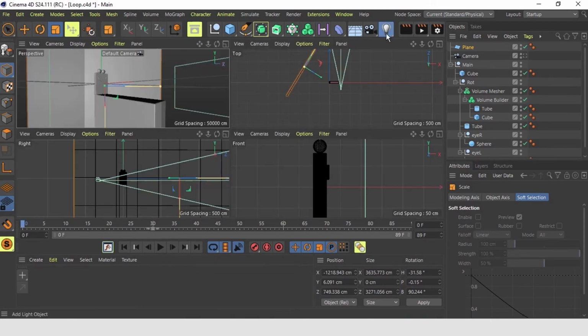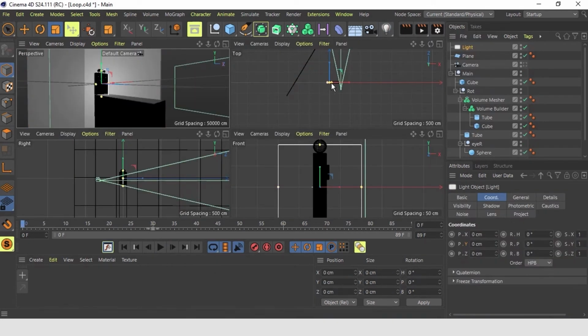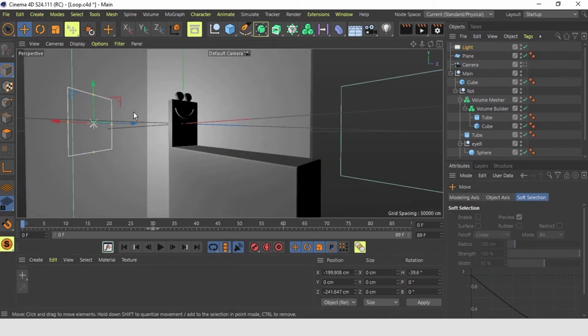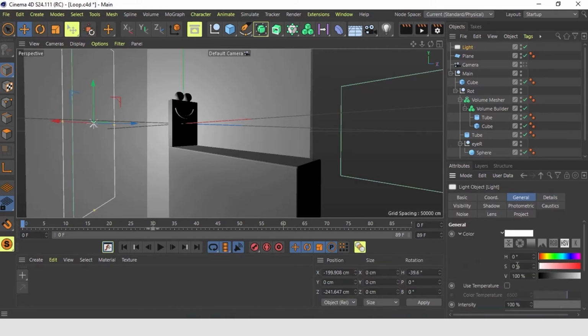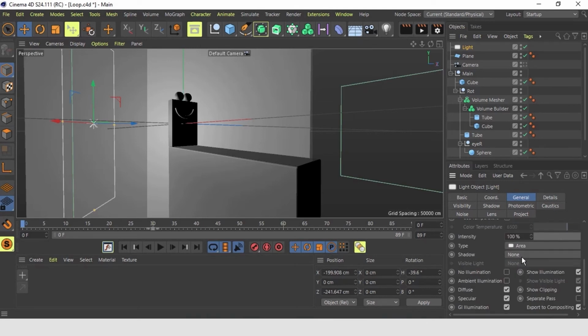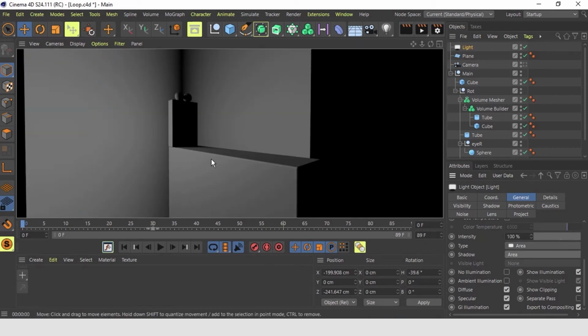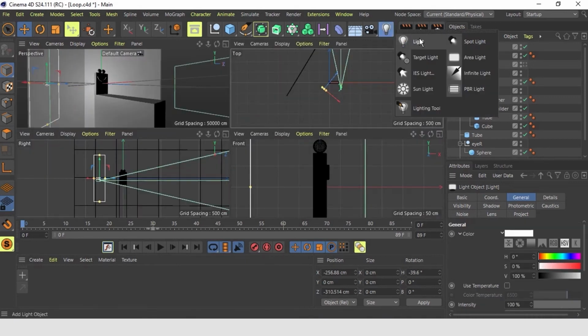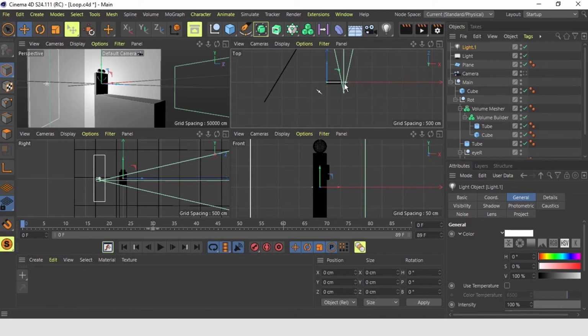Now let's add an area light to the scene. Position it here. Make area shadow. You see us starting to get some shadows here from our light. Let's add one more light to brighten it up. Bring it more to the front side to brighten the scene.